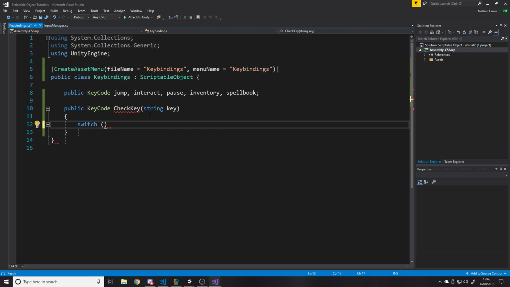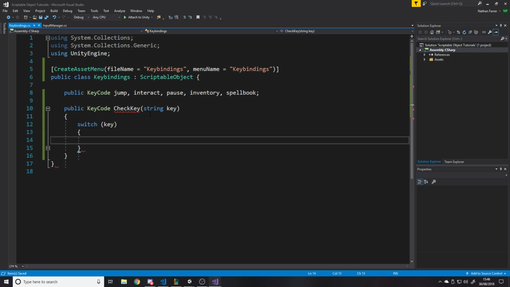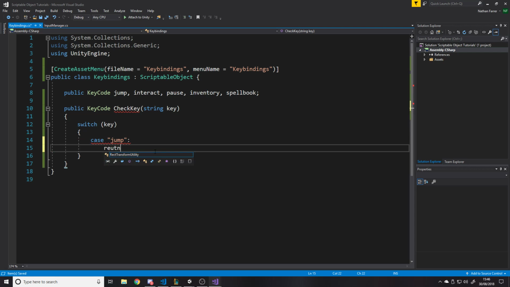If you've got one, then an if is fine, but if you've got like three or more, I'd say to do a switch. So let's search switch key. Now that basically means we're going to do all the stuff in here depending on what key is, and I'll explain that better when we actually write it. So in switches you have cases, so let's put case jump colon